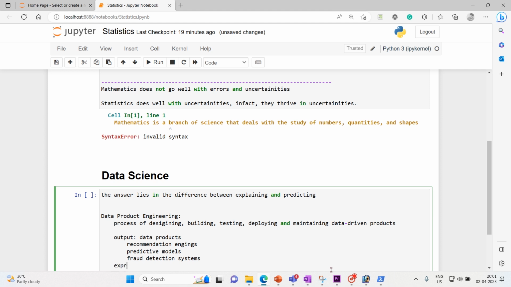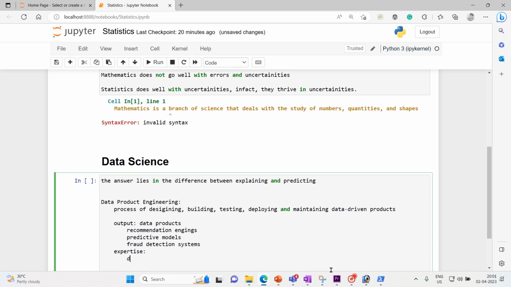Expertise is required in data processing. That's the first level. Once the data processing is done, you have to store the data, so that's data storage. And then we go for data modeling. The first two stages will be done by the data engineers.